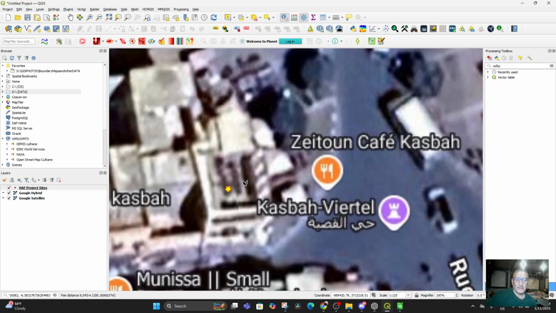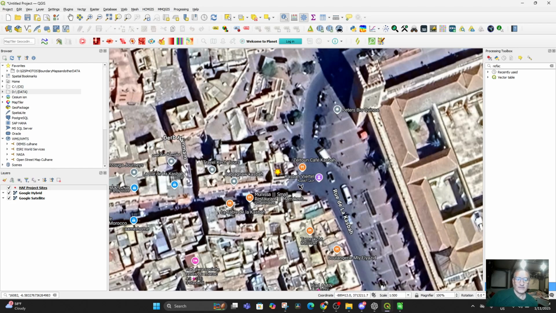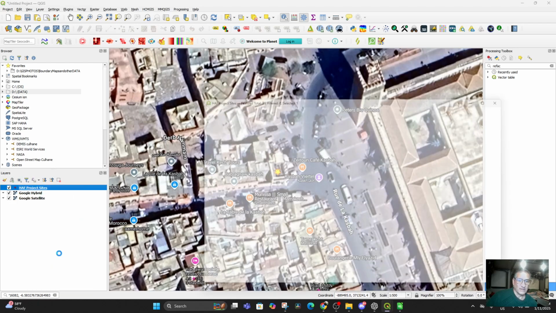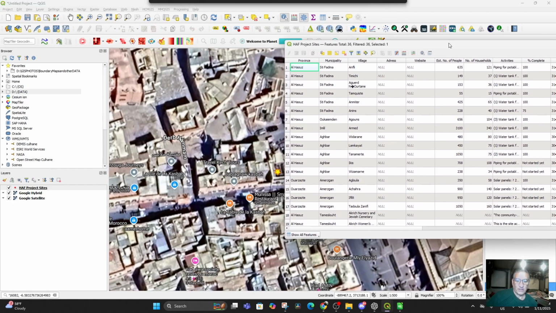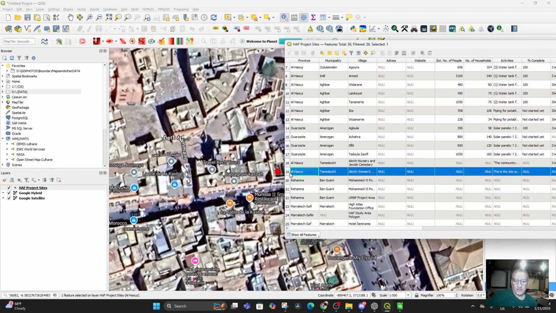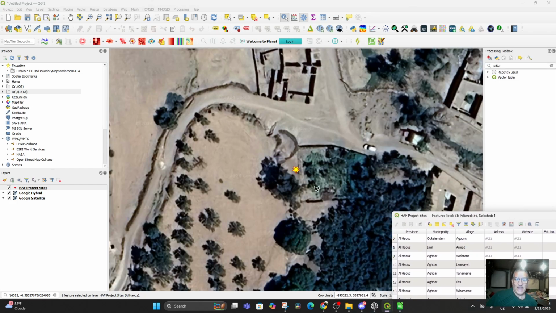Right? So zoom to feature is inside the attribute table. Not here. So again, you would open the attribute table tool. Say, where else do you want to go? Do you want to go to the Jewish cemetery? Or do you want to go to the Women's Cooperative? So we'll go to the Women's Cooperative. So you click on that, and you go zoom to feature, and boom, we are now at the Women's Cooperative,